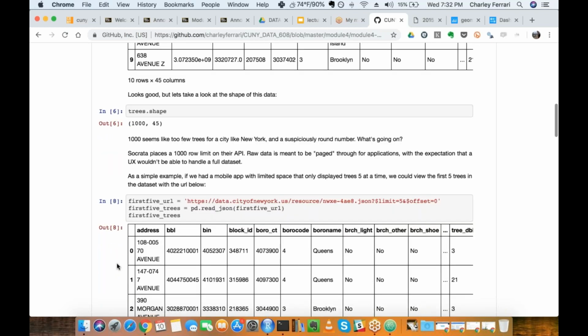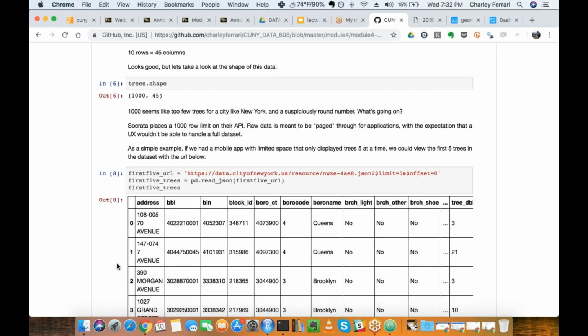What's actually happening is Socrata places limits on their API. And this makes sense if you think about how an API like this is meant to be used. Imagine just simply a web app that's displaying tabular data of these trees.